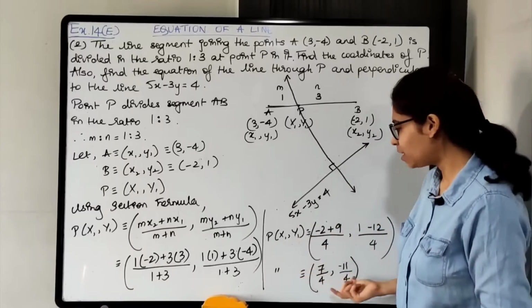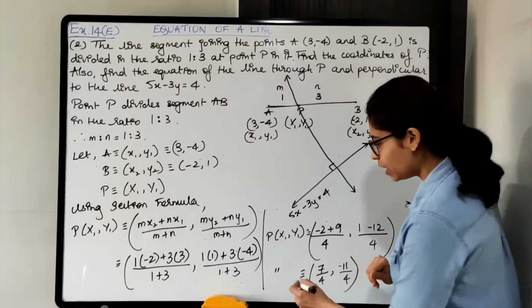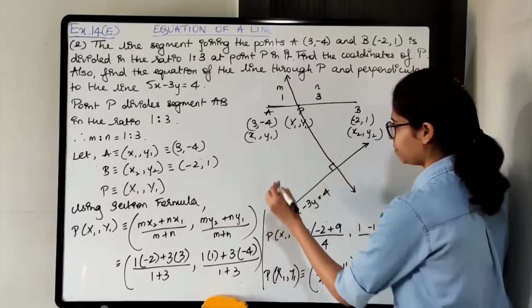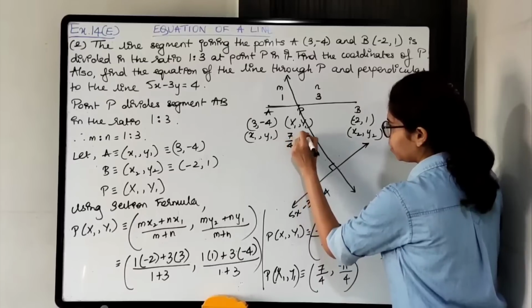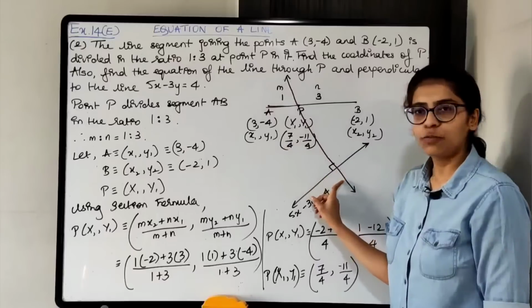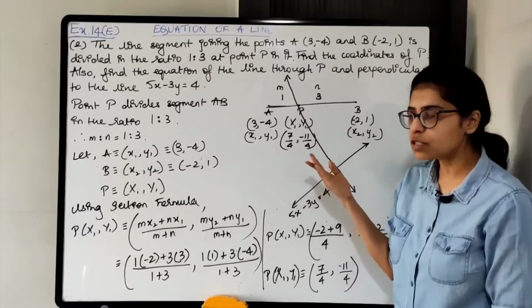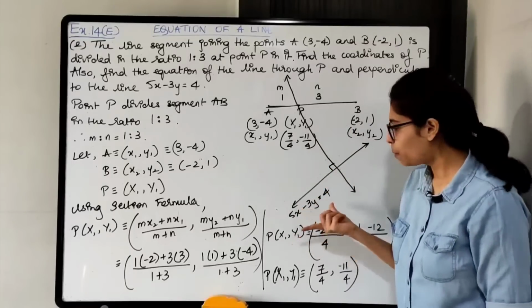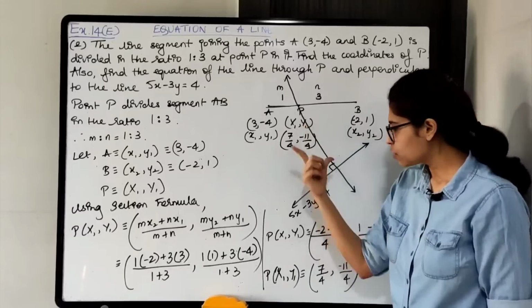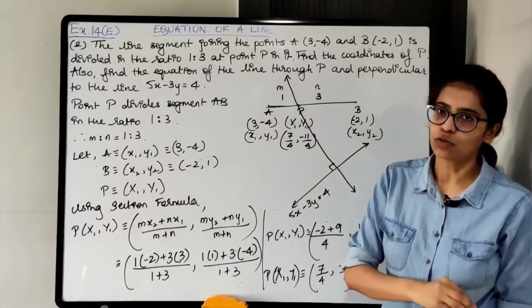Alright. So P का coordinates find out करने बोला है. So box the value. Now once you get P x1 y1, coming to the remaining part of the question, it is 7 by 4 minus 11 by 4. Equation of the line passing through P find out करना है. For that we need slope of this line. How will we find the slope? From the perpendicular line. तो पहले इसका slope find out करते हैं, फिर इसका slope find out करेंगे. Okay. So first we'll consider this line. We'll bring it in standard form and then find the slope.